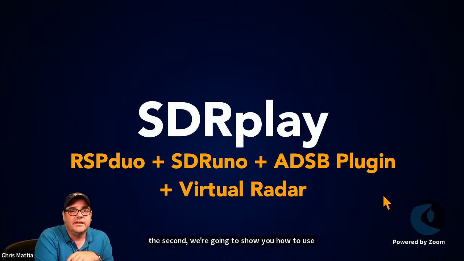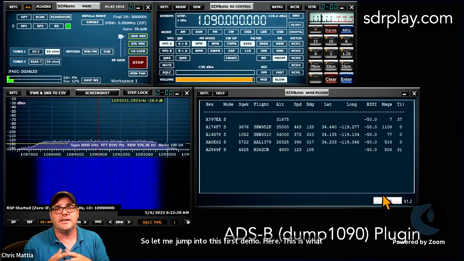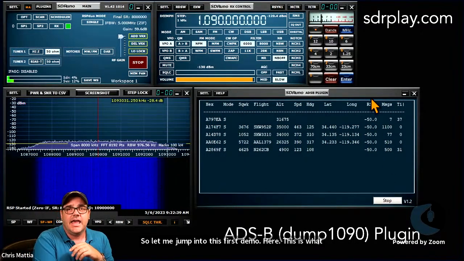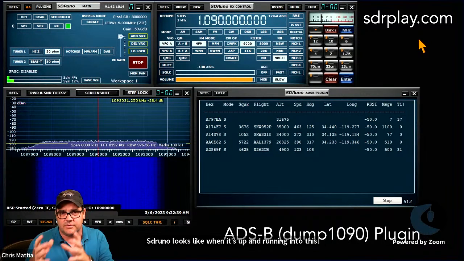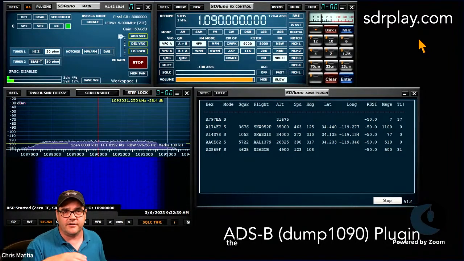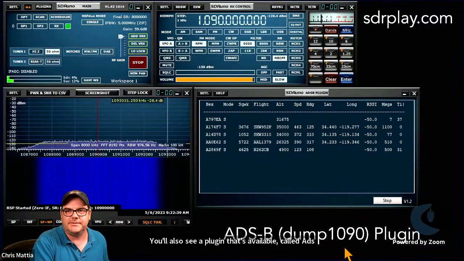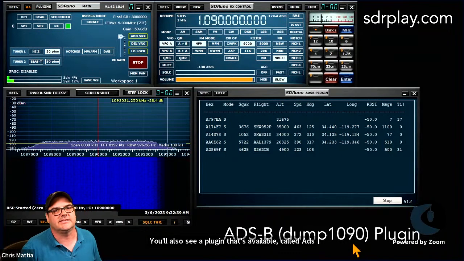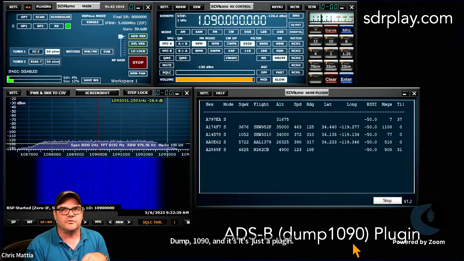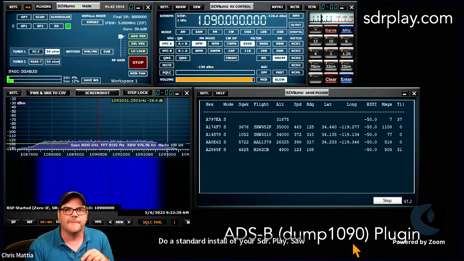So let me jump into this first demo here. This is what SDR Uno looks like when it's up and running. And you get a copy of this at sdrplay.com. You need to have the SDR Play device. You can download the software, the SDR Uno. And then also on the downloads page, you'll see a plugin called ADS-B (dump 1090). It's just a plugin, listed down on the page. So get both of those, and do a standard install of your SDR Play, the SDR Uno software,